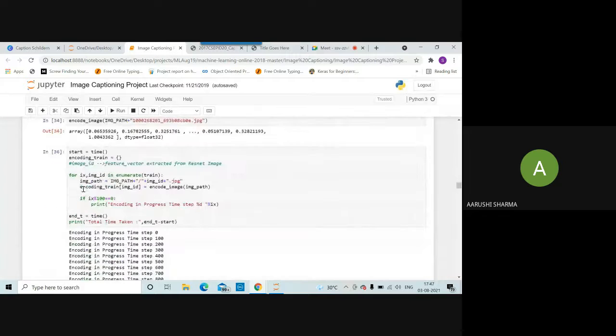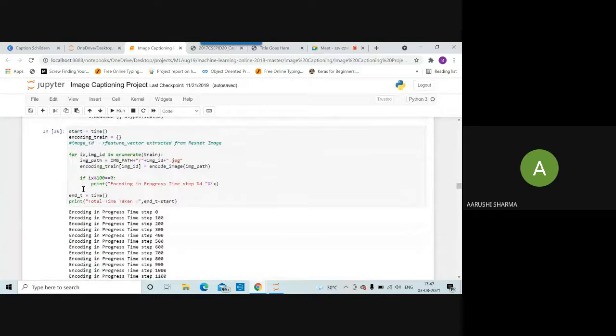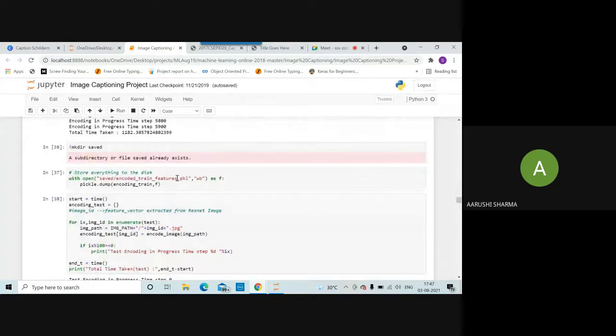After this, we start training the machine. So this is the training the machine part. There the training starts and where the training ends. When we are training the machine, we are saving the data into a directory for future reference, so that we don't have to train the machine again when we need it in future. We can just simply retrieve the data from this directory in which we are saving.